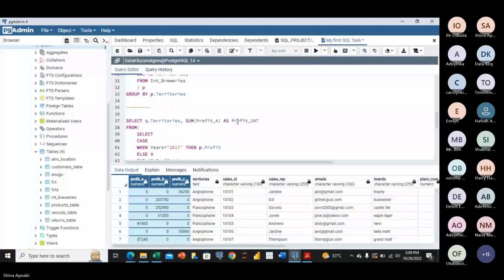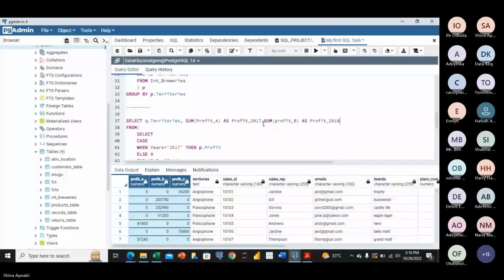Let me first test it. Okay, let me type everything. It doesn't matter. And the next one, sum profit underscore B as profit 2018